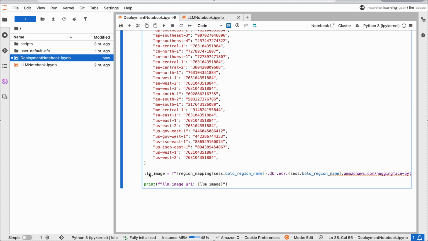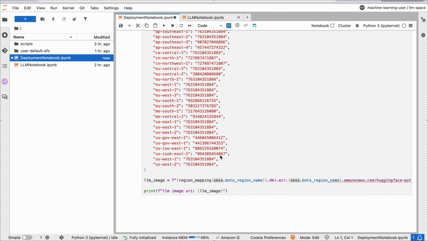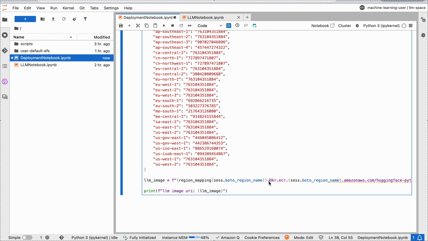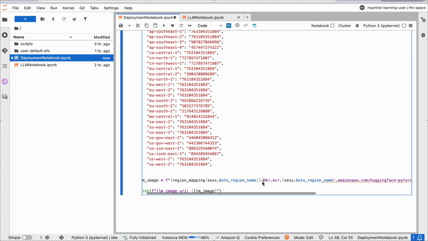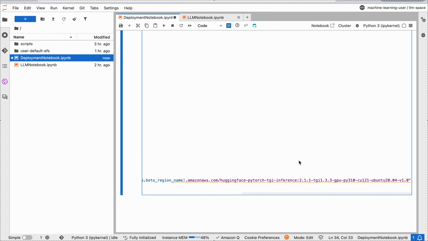That's how you deploy these endpoints. And so what we do is we have the LLM image, and it's an f-string. And what you do is you go to the region mapping, which is a dictionary, and then based on your session.boto_region_name, which we have over here, for me it's US West 2, it will give you the correct ID. So for me, it's going to give me this, okay? And then this is just some boilerplate code, .dkr.ecr, this is just the location, again, the session.boto_region_name. And then over here, this is just some very long string. This is how it deploys this specific